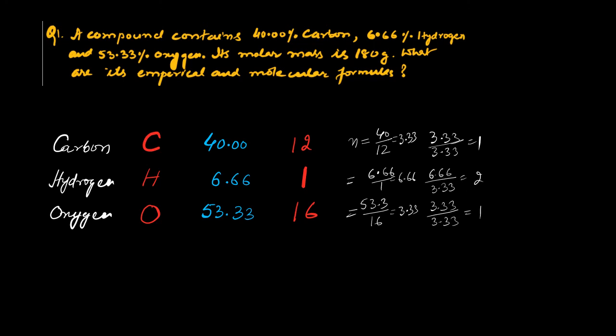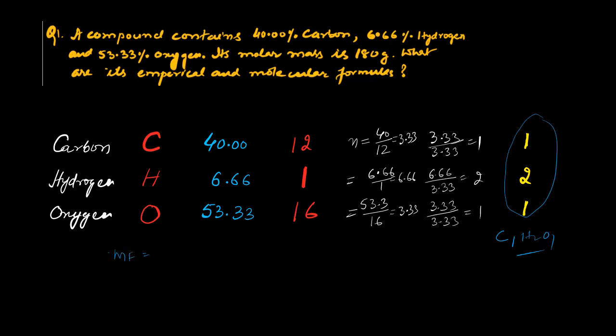So after dividing, we got the simplest whole numbers for each atom, and this is the simplest whole number. With the help of this, we will write the empirical formula, which will come C1H2O1,